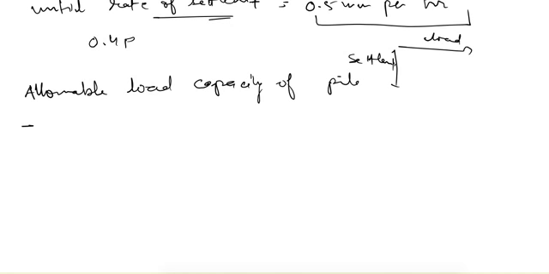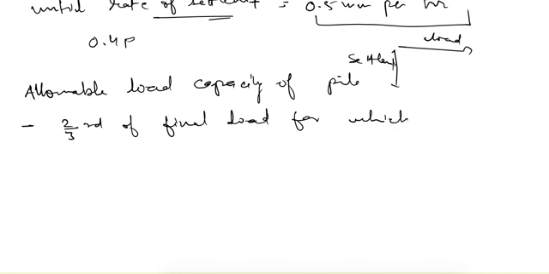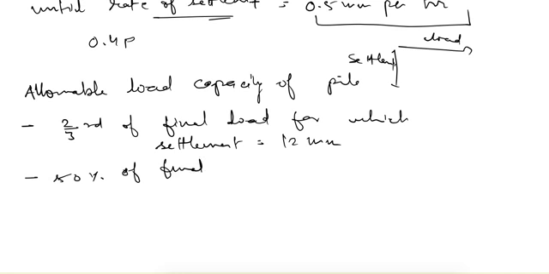The allowable load capacity should be 2/3 of the final load for which settlement is equal to 12 mm, or it should be 50% of the final load at which settlement is equal to